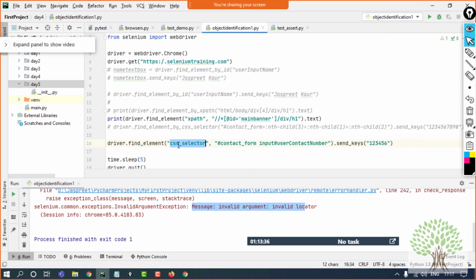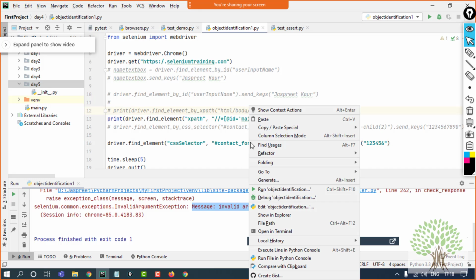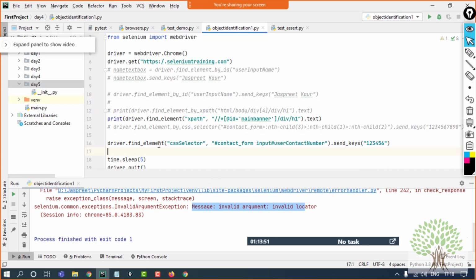I have to give it in some other way, maybe CSS selector in some other way. Maybe this way. I'll see this later, how in the generic function this locator needs to be given, but this function works fine. If I do this with this command, it's going to work fine.